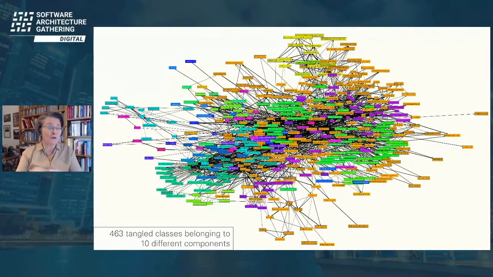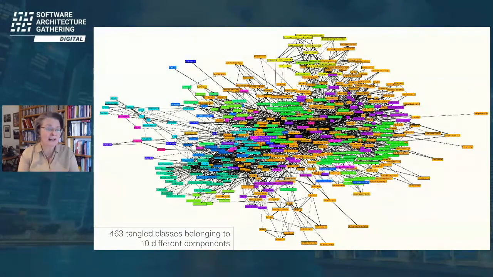Everything is full of arrows, so that some areas are even displayed almost dark, in a dark black color. If you have something like this, it is really difficult or almost impossible to remove a class from this cycle, because some other classes need the functionality of this class.